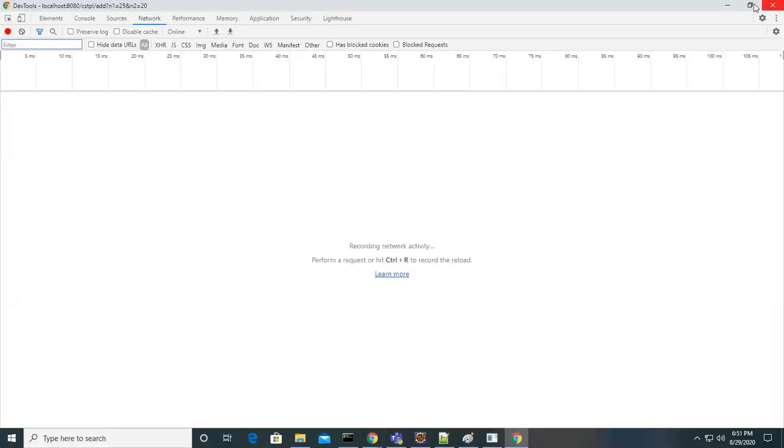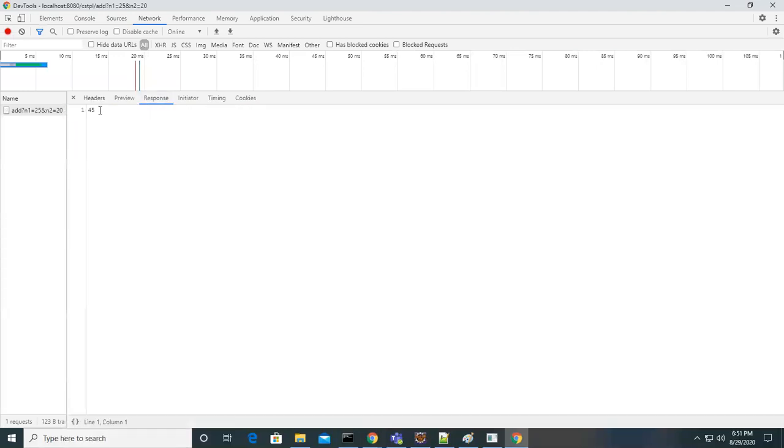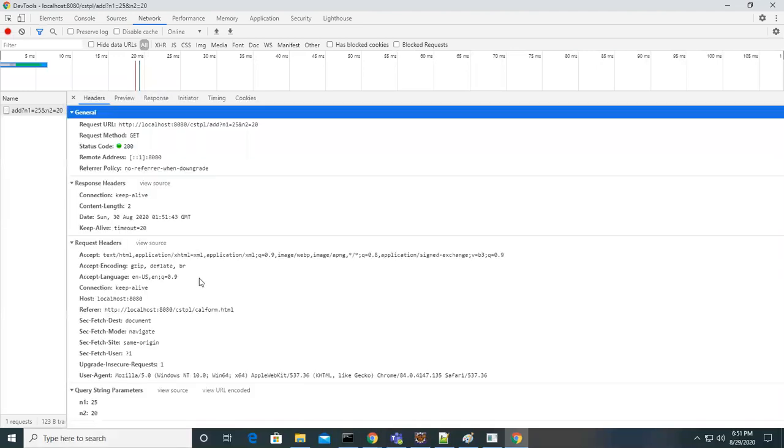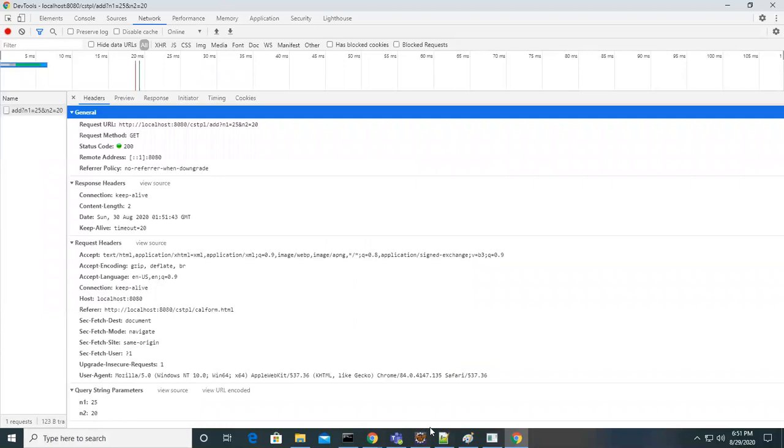Are you getting me? This total process happened at the backend level, I mean the calculations and all. Look at this again. I'm going to send the request and look at the request and response. We got the response from the server. So what happened is these two values were sent to the server. The server takes it to the service level, I mean the controller, the servlet program. In that servlet program's service method we provided the logic already. Once we get the result, we write it to the response. That's what we are giving, and we are getting the response here.